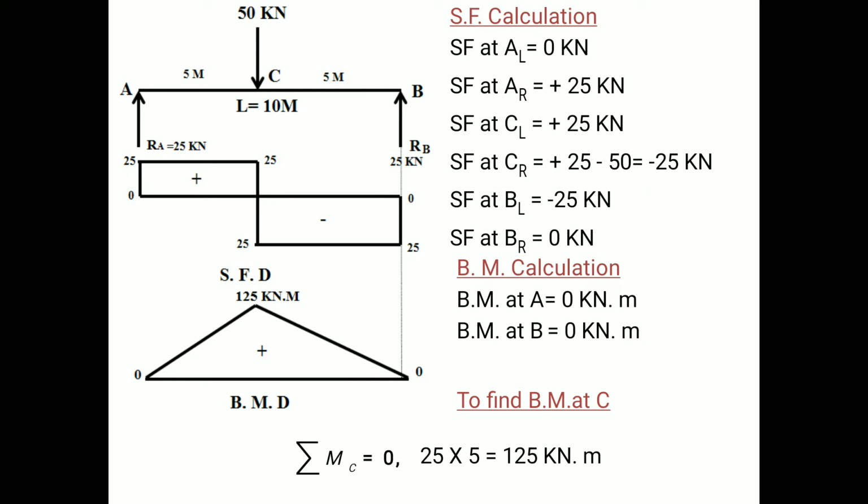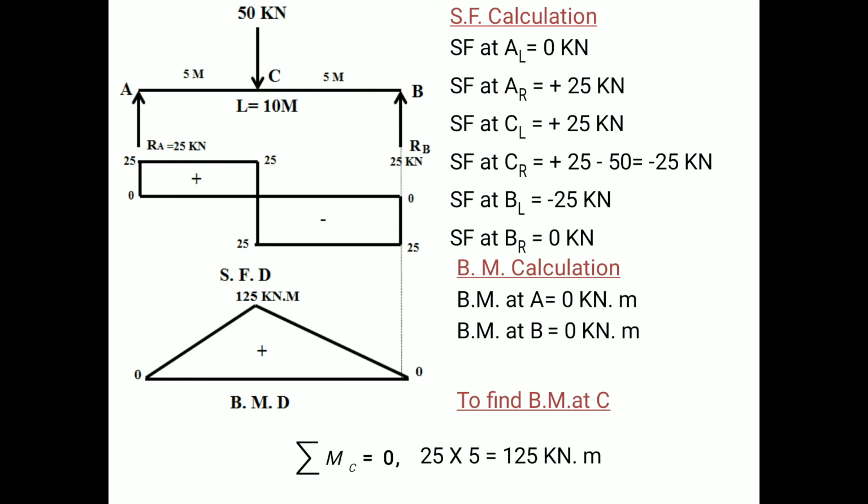Now we are going to draw the shear force diagram. Remember that we have to concentrate on each and every value of shear force while drawing the shear force diagram. So the first point is shear force at left of A is equal to 0. So the starting point of shear force is from the baseline of the beam. This line is known as the baseline. With respect to that, we have to start drawing the shear force diagram. So the shear force at left of A means at this value the shear force is 0, because it's a baseline, or it is also known as the 0 line.